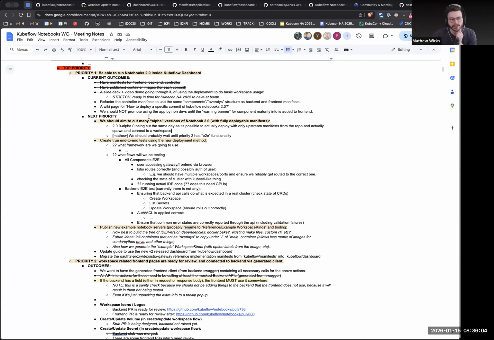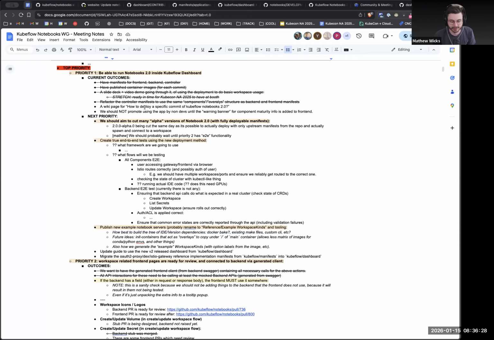So what we're talking about here is that we need to get it into either a wiki or a file or somewhere, probably a wiki on the main repo, for someone who says: I'm a vendor, I want to make a version of Kubeflow Notebooks, either as a vendor in my company as a provider of a platform, or I'm a big company and I want to vendor in Notebooks as a piece of my platform in some form.